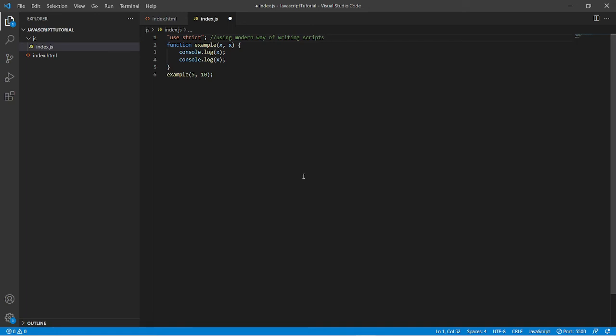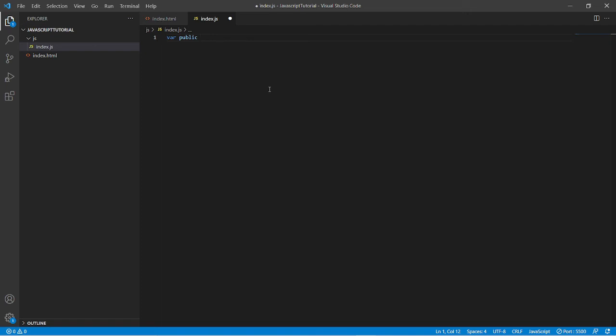There are many other features. Let's discuss the last one, and you can find other features of use strict over the internet. But I am discussing the most useful features here. So let's discuss the last one. So suppose I am declaring a variable called public or anything, which is a reserved keyword in JavaScript. Now, what are reserved keywords? A reserved keyword is one which is used by JavaScript, so you cannot use it as a variable name. But I am using public, a reserved keyword in JavaScript.